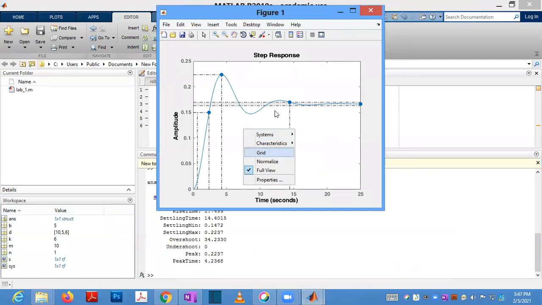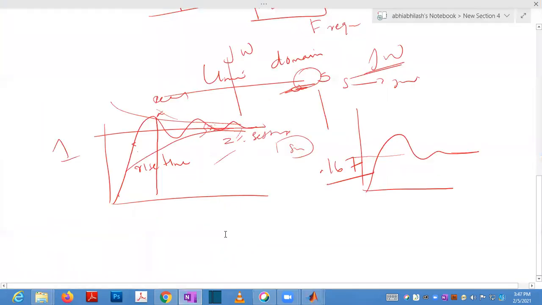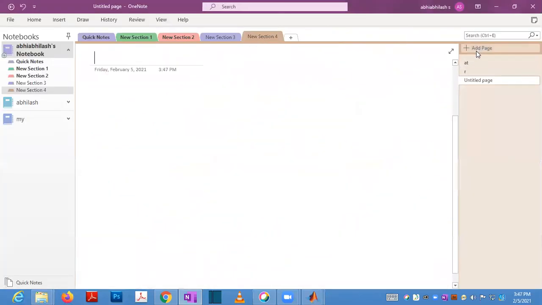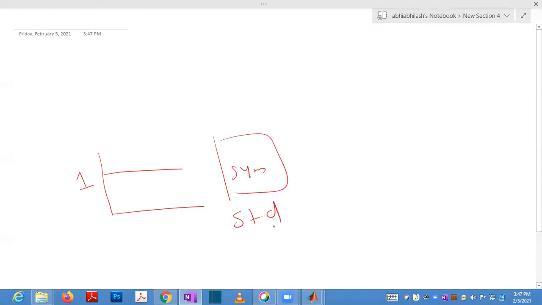So what is overshoot? If you are having a system, suppose I am giving 1 volt to this standard system.